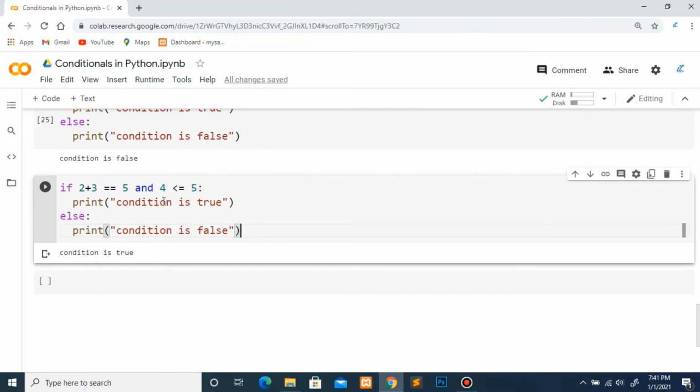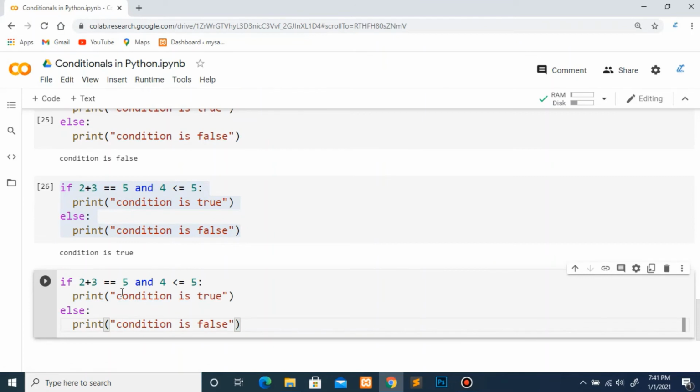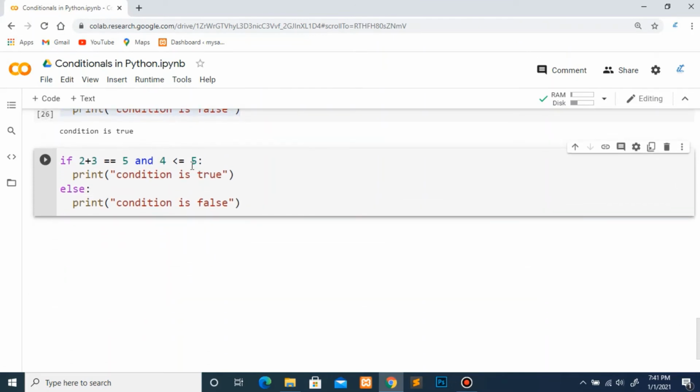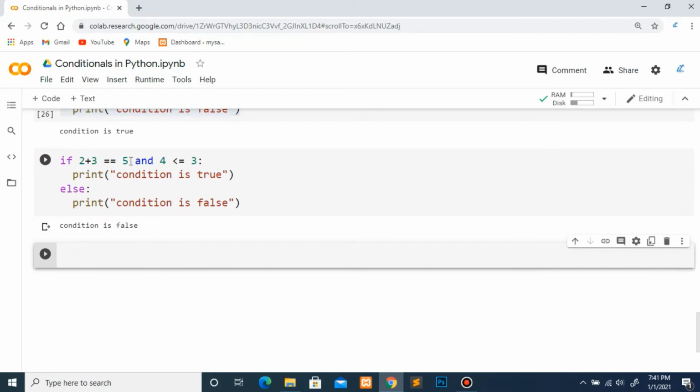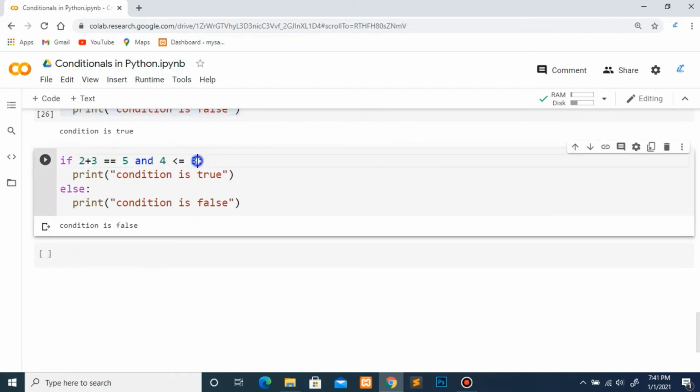But what if one condition is false here? Let's copy paste it. If one condition is false, here if I write 3, now when I execute it, it will show me output as false. Why false? Because AND always says that if both conditions are true, then I will generate the true output. So here you can see the condition is false because the first condition is true, but the second condition is false. What if we use OR operator here?